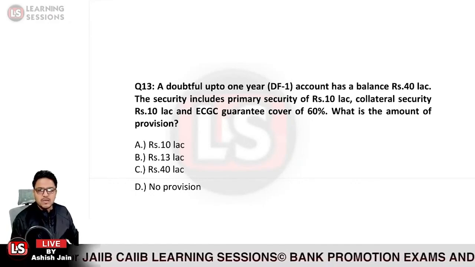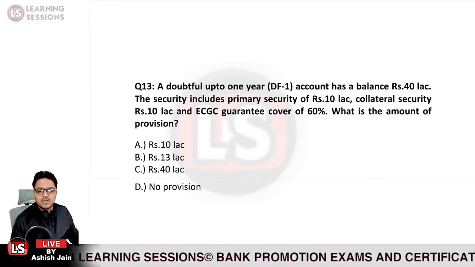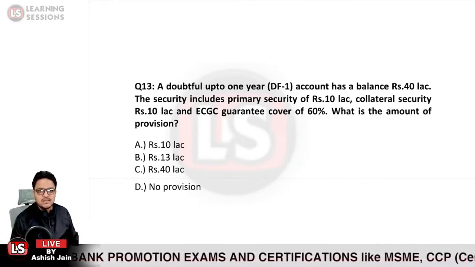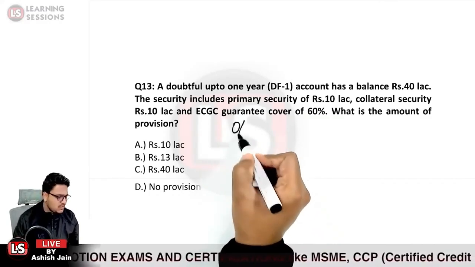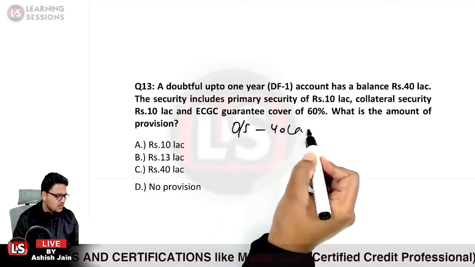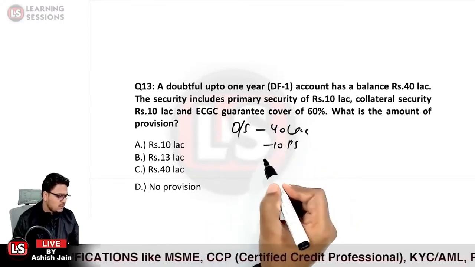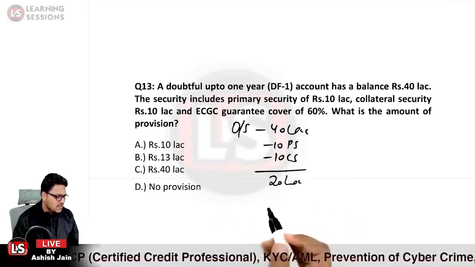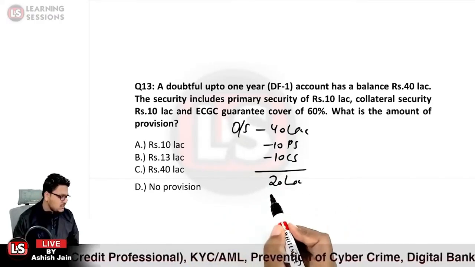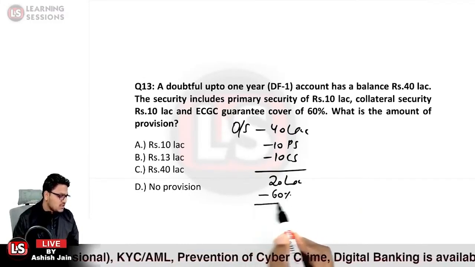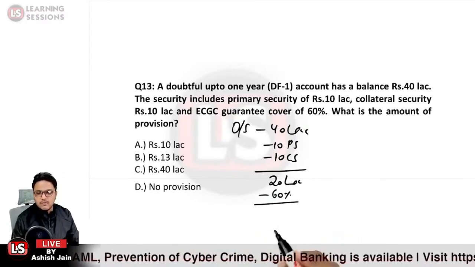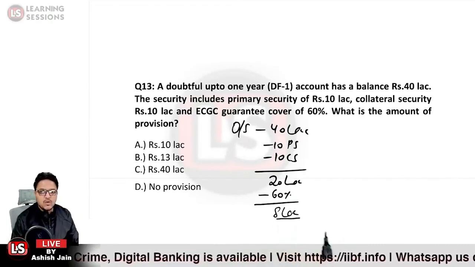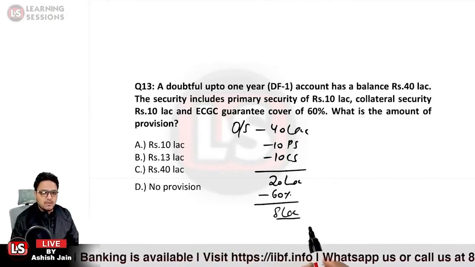A doubtful up to 1 year account has a balance of 40 lakh rupees. The security includes primary security of 10 lakh rupees, collateral security of 10 lakh rupees, and ECGC guarantee of 60%. So the outstanding balance is 40 lakh rupees, out of which 10 lakh of primary security and 10 lakh of collateral security are available. So the shortfall in the security is 20 lakh rupees, and we have the ECGC guarantee cover of 60%. So 60% of that part is the part for which provision is not to be created, and only for the 8 lakh rupees over here will we be creating the provision